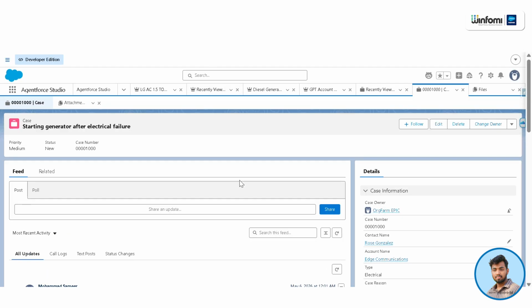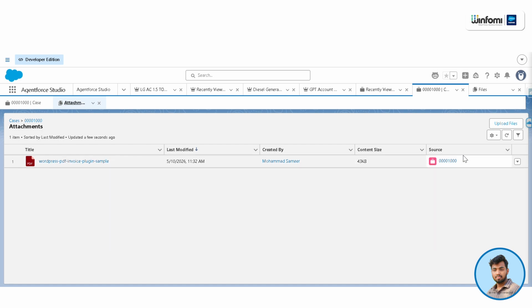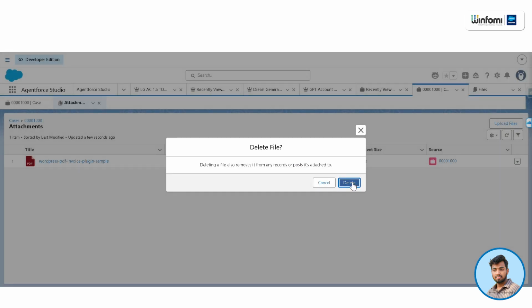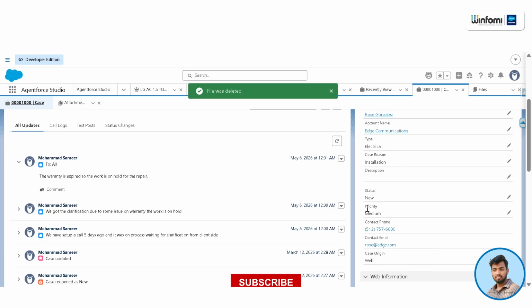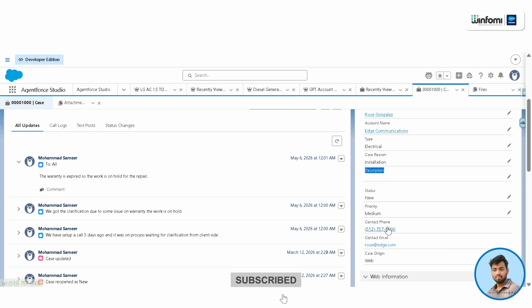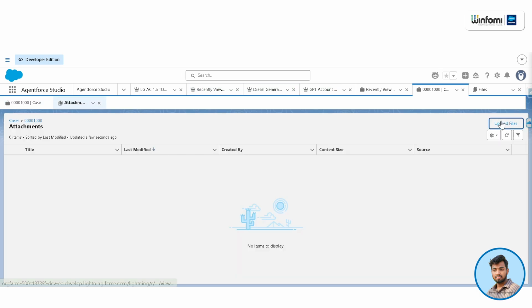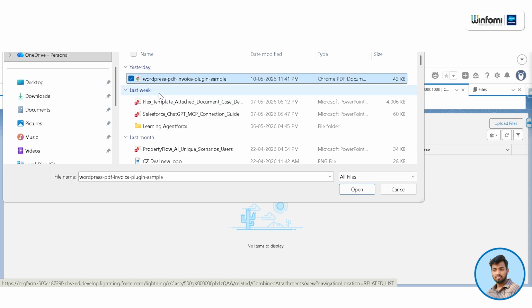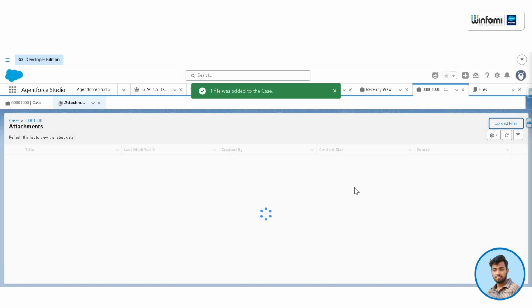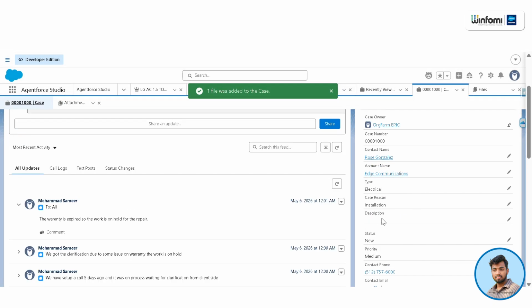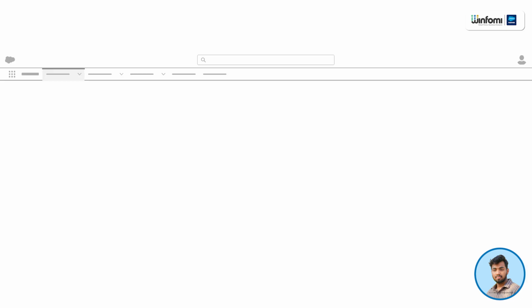So let me give you a proper demo of how this works. Okay, so I'll go to the attachments. Currently this attachment is there, I'll just delete it and upload it again. Currently you can see there is no description here. I have used a custom field for this description. So let me go here, click on upload file and select WordPress PDF invoice plugin sample. I have selected this image. Once it is uploaded, you can see there is no description here. I'll just refresh it,